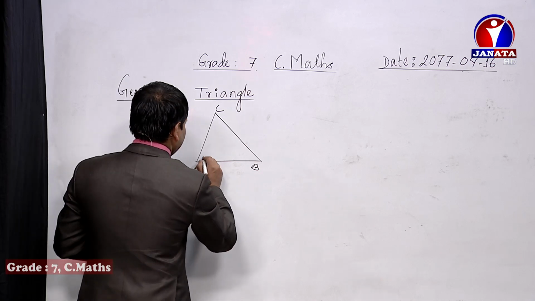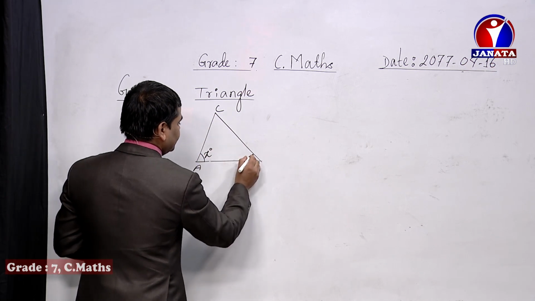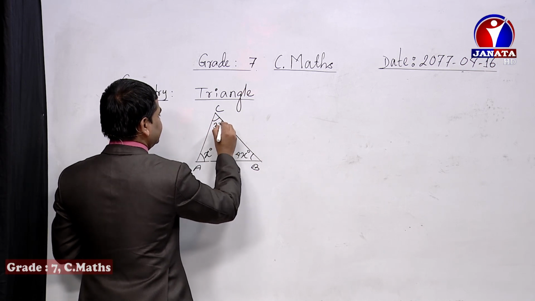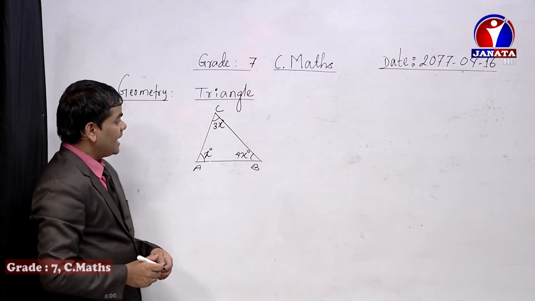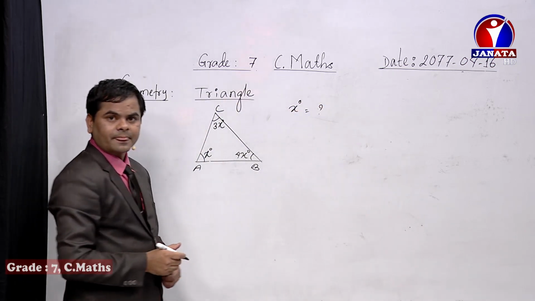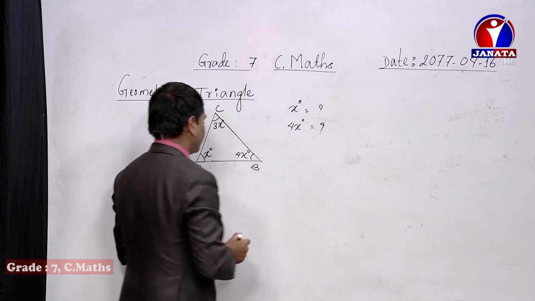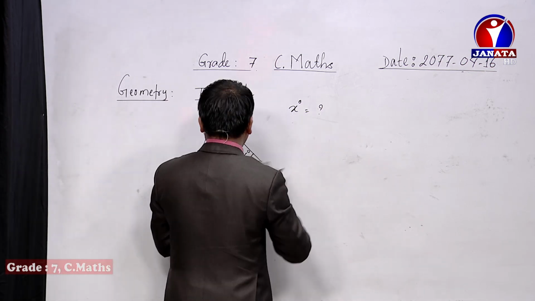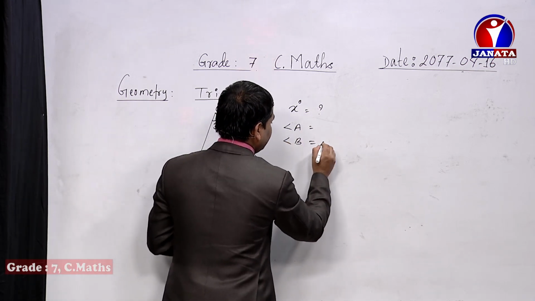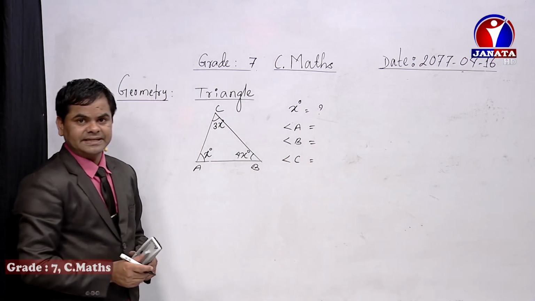So let's take an example, dear student. Here is x degree, for example, and here is 4x degree, and this one is given as 3x degree. Now the question may ask you to find out the value of x. x degree equals how many degrees? Another one may be given as 4x degree equals how many degrees? How will you find out? That means not only 4x, it may be given as angle A: find the measure of angle A. And similarly, find the measure of angle B, and similarly find the measure of angle C.